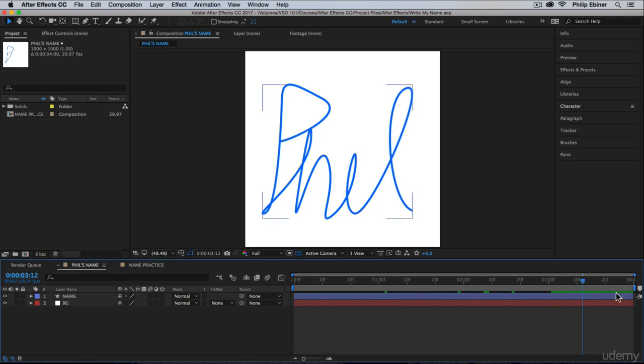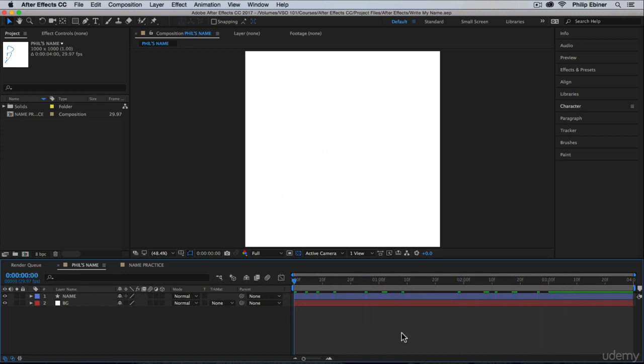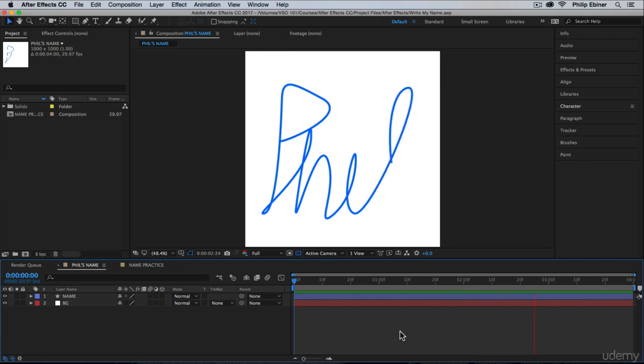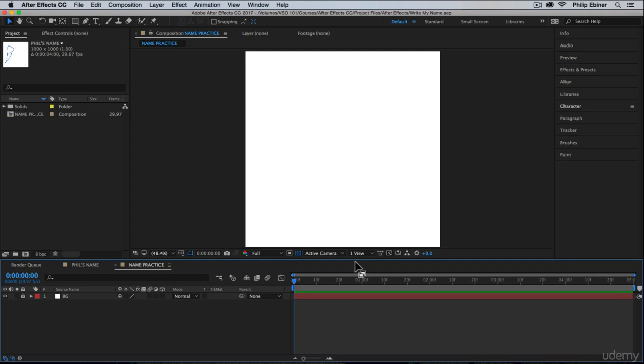So if we go in our timeline and we click up here in the timeline, or take this blue bar and move it to the start, and then press the space bar, this is what you should see. Phil being written on the screen. That's what we're going to do with your own name right now. Cool? Okay, so all you have to do is click over to the name practice